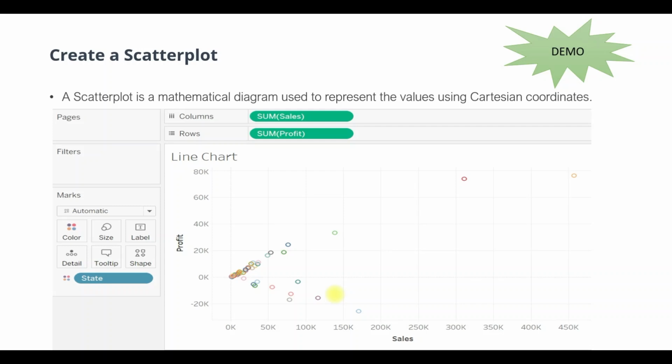So if you see in the shown visual, this shows the scatter plot for sum of sales and sum of profit. So in short, the scatter plot shows the correlation between the profit and sales, where color is based on the state. If you see, state has the colors icon, so the color of the bubbles is based on the state. So this is how scatter plot is being created or defined. Let's see how to do it in Tableau.